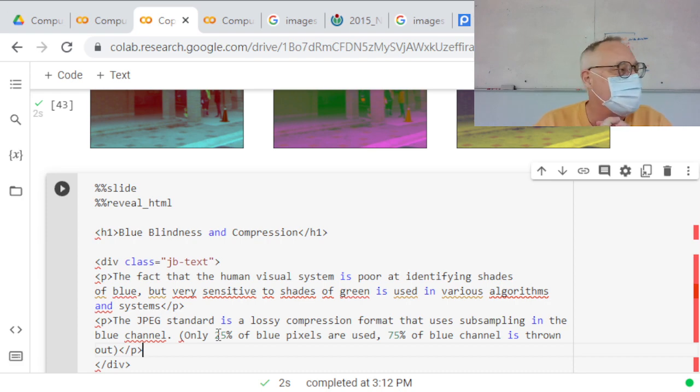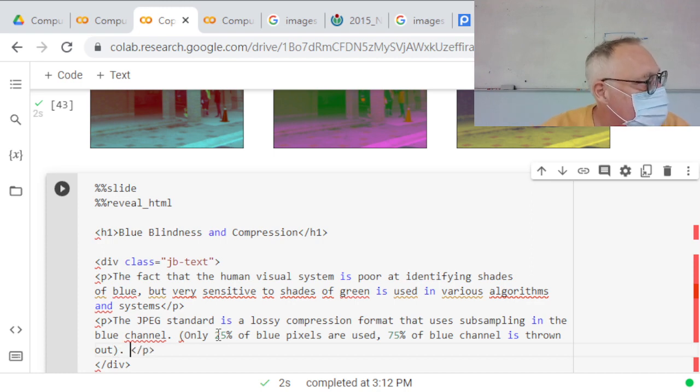That means 75% of the data in the blue channel is already gone. So that would be 75% of 1/3, so that would be 3/12. 1/4 of the image is already gone. Before they do advanced processing,